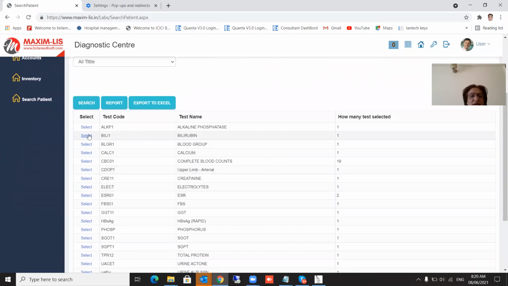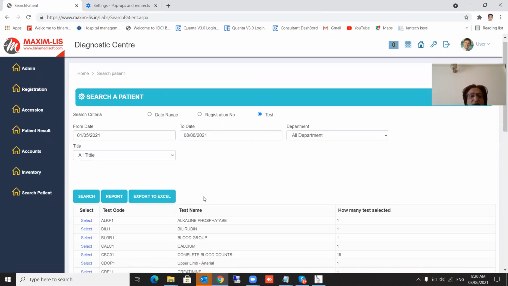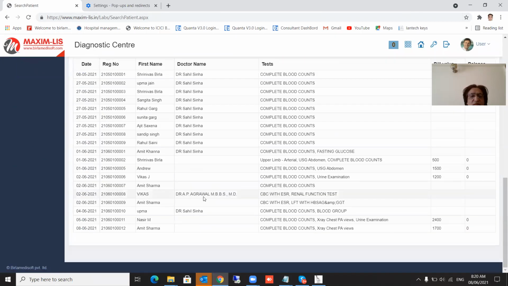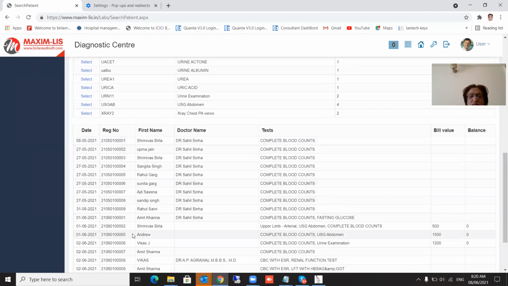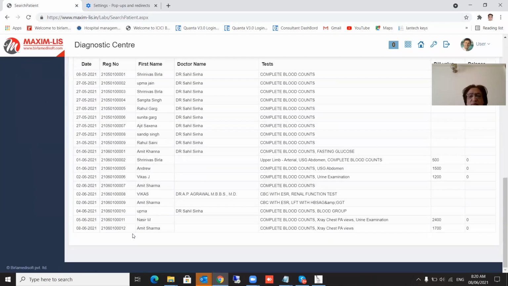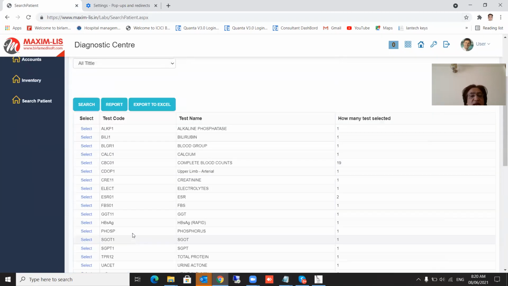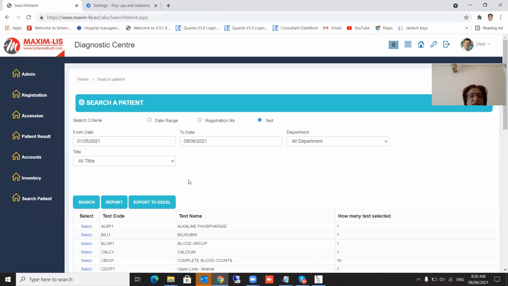See, here the alkaline phosphatase is 1, complete blood count is 19. If you want to see which patients had the blood count done, you just select it, and it shows the number of people who have got this test. See, the names have come up completely. These are the people who have had this test done. So like that, you can see the complete statistical analysis on the basis of searching for patients.